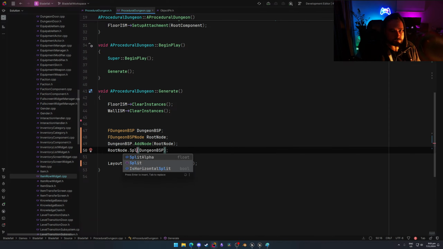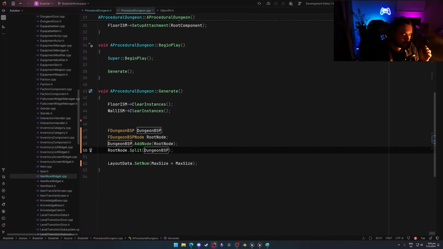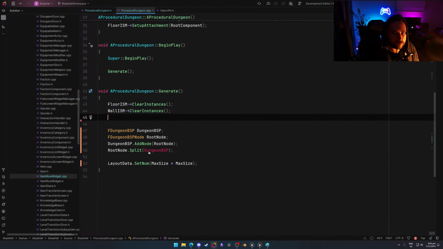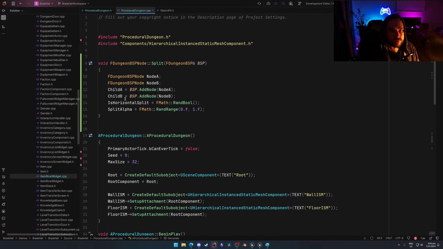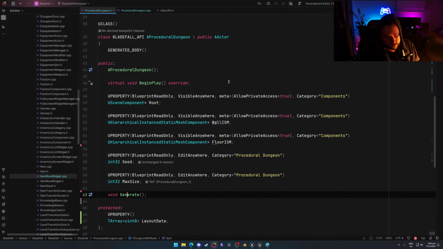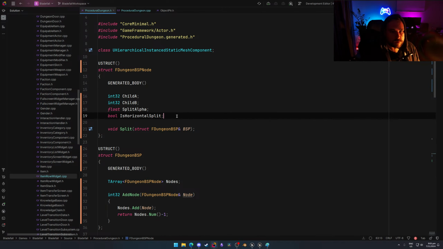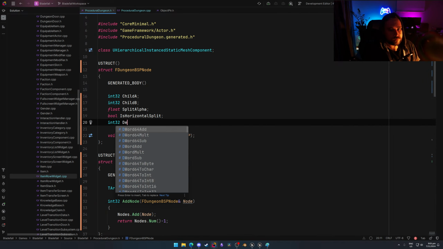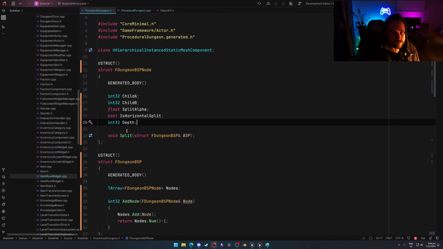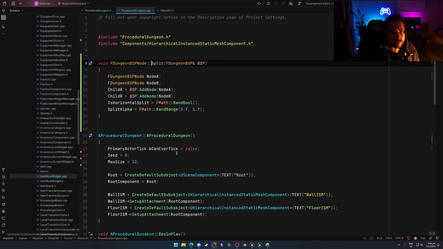Now I'm trying to think about how to do this recursively. Recursion is always confusing, but to make sure we get down to the same depth. So in fact, same depth, that is a good point. What we want to probably have is have the actual node know what depth it's at. So yes, so then depth